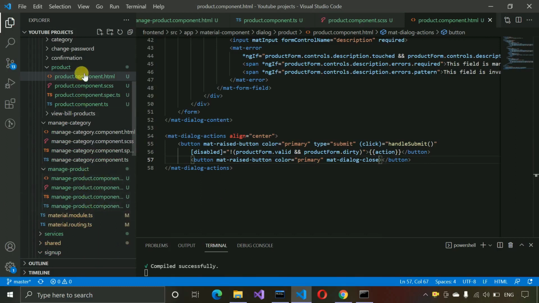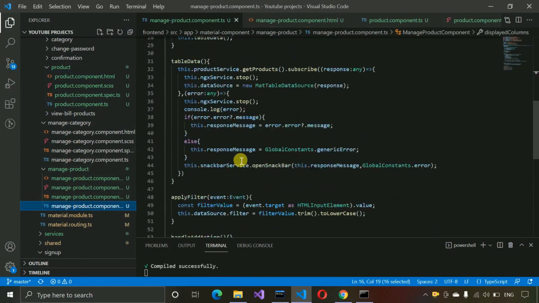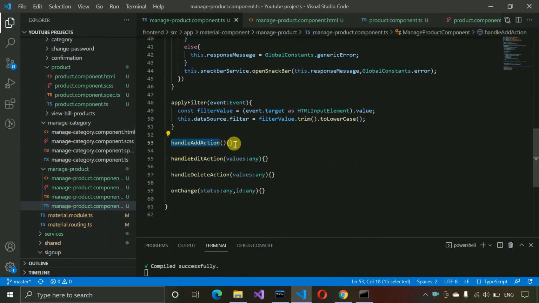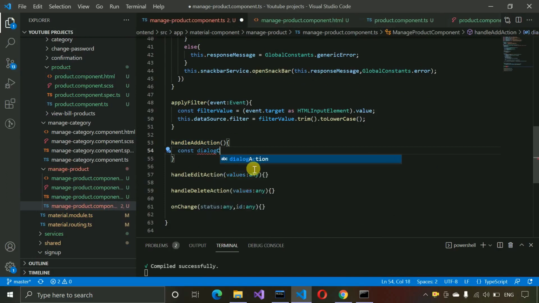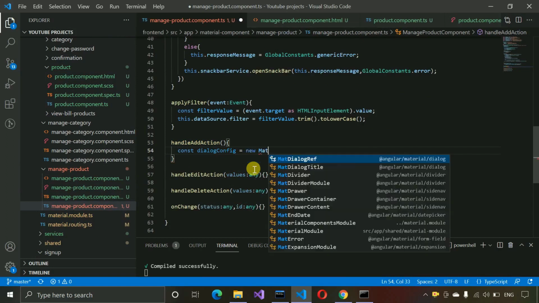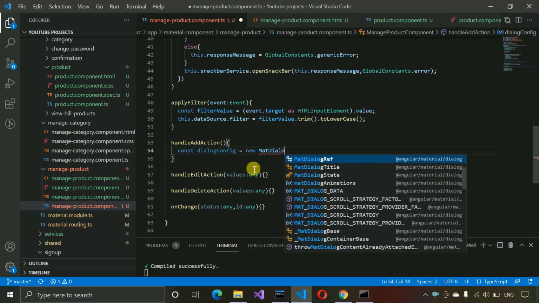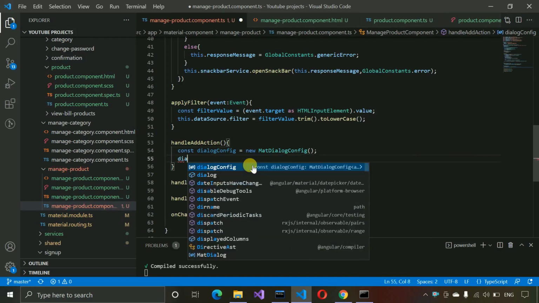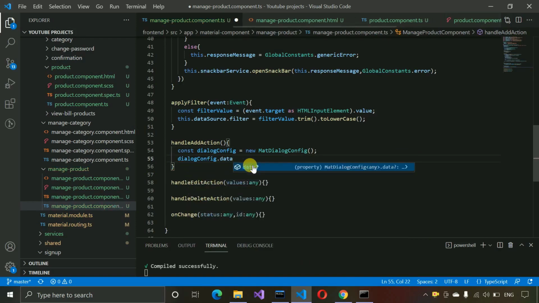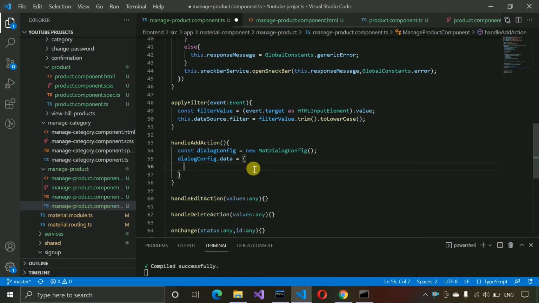And here we need to call this dialog, and we have to do the operations. So let me move over here, to the handle action, add action. Actually, we need to call this method. So const dialog config, this one, and new MatDialogConfig, this one, dialog config dot data, and the action add,